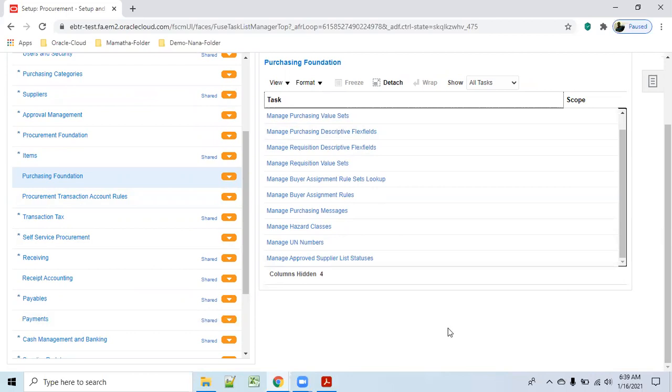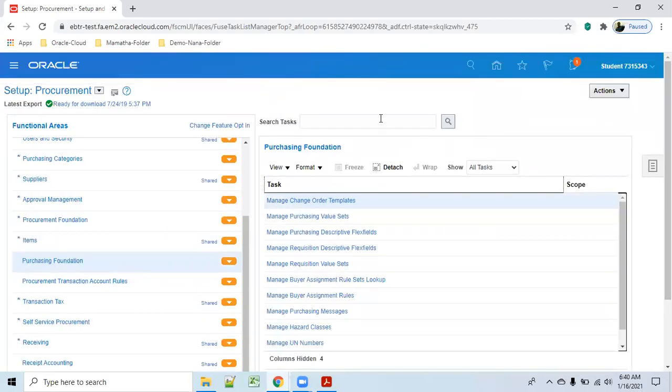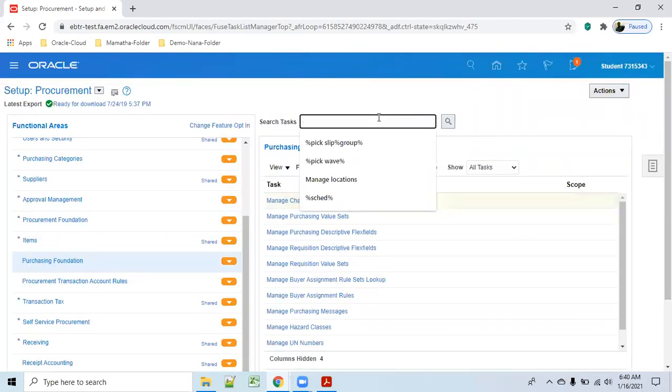We'll see some of the things. Some we don't want to touch. Once you are working, then only will you get the idea. If you're not working, this will become a burden for you. Okay, let me try here only. Manage receiving.